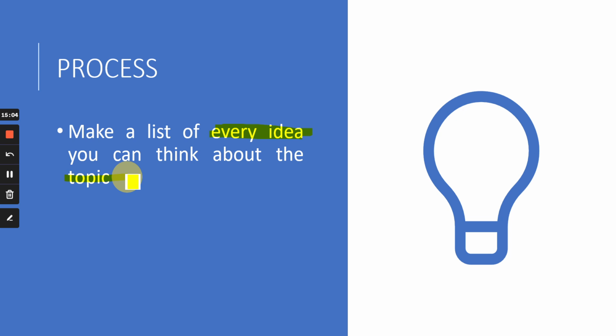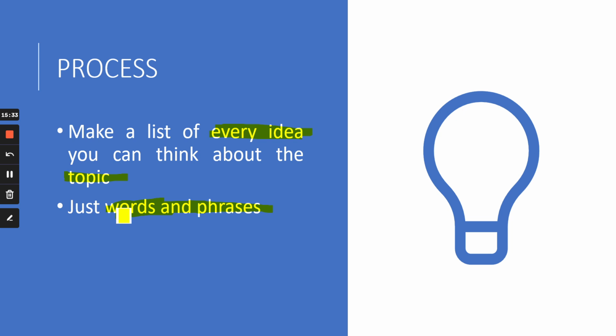See, about the topic, just words and phrases. Do not write entire sentences. Did you listen to my example very carefully? Population problems. What are the problems of having a huge population? Did I write an entire sentence? No, I've just written words or phrases. Unemployment, it's just a word, but I know it's a problem. Poverty, it's just a word, but I know it's a problem. Lack of resources, just a phrase, but I know it's a problem.